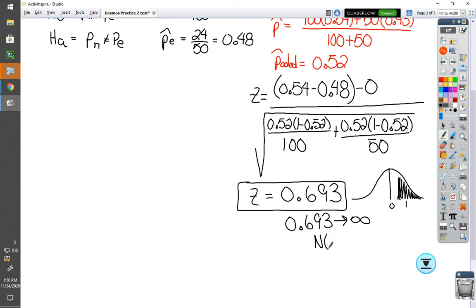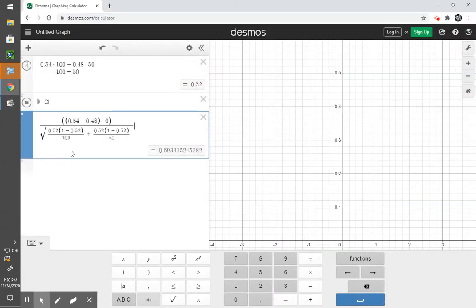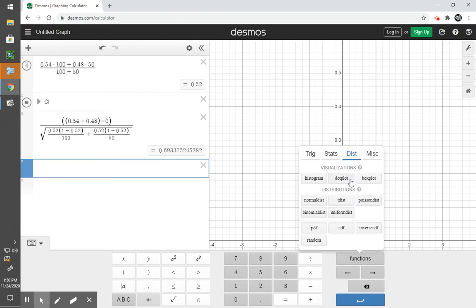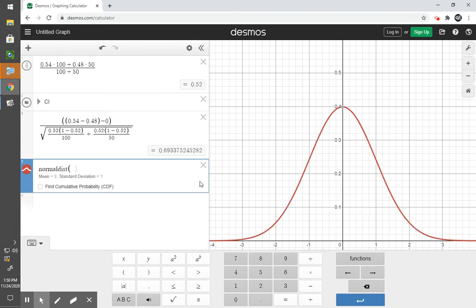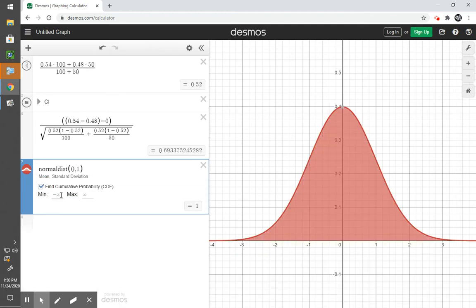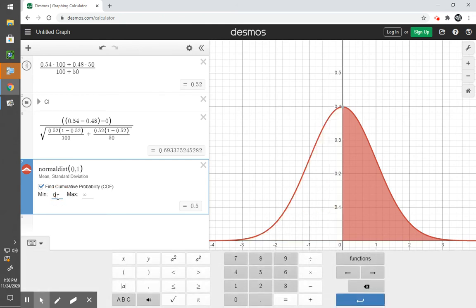And we're distributing on a 0 and a 1 because all standard normal or z-scores come from a 0 and a 1. So I'm going to go back to my calculator. I'm now going to bring up the function of a distribution, normal. I'm going to put a 0, 1 in there even though I don't have to. Just like to see that. I'm going to include area. I know that my minimum score is 0.693. I know I'm going out to infinity, and I've got